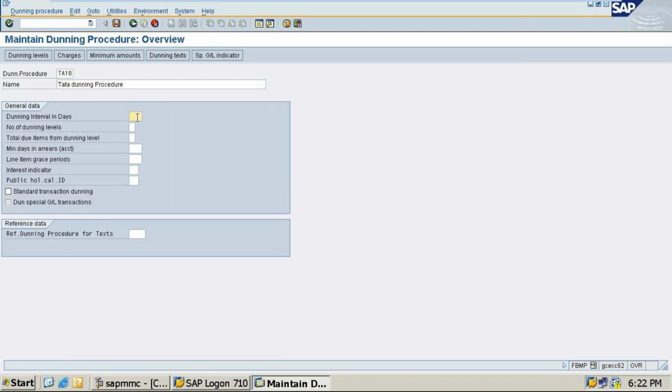Dunning level is 3. This is 3. This is 4. Line item is 5. Interest calculator 01. Click on this and click on the dunning levels.